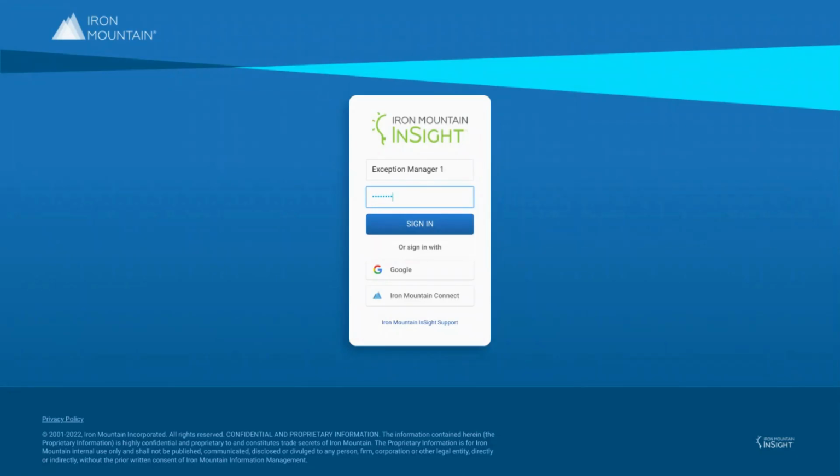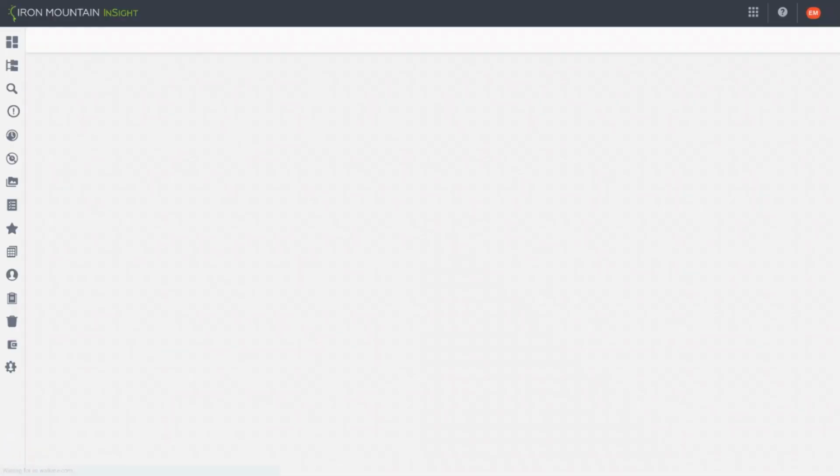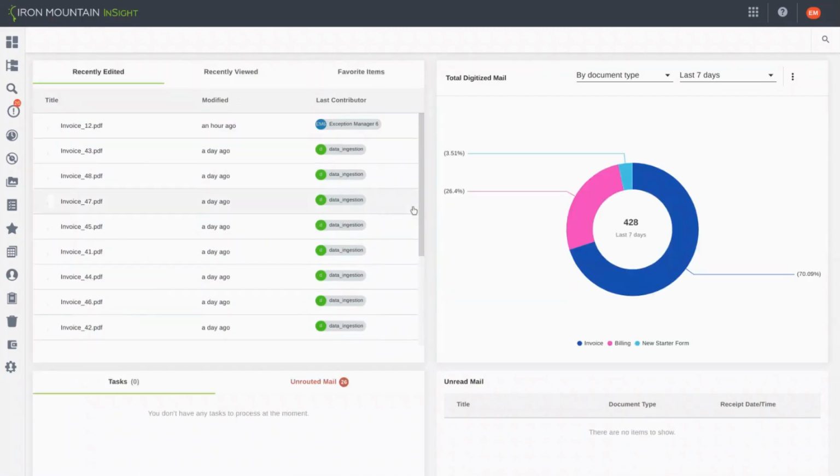So I'm going to log in as the exception manager for this first part, and then we'll move on to the billing content manager and also admin views. Signing in as the exception manager brings us into the dashboard. And for those of you that haven't yet seen the new environment, you'll see one of the differences between the